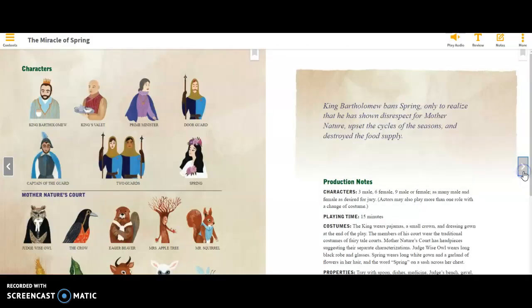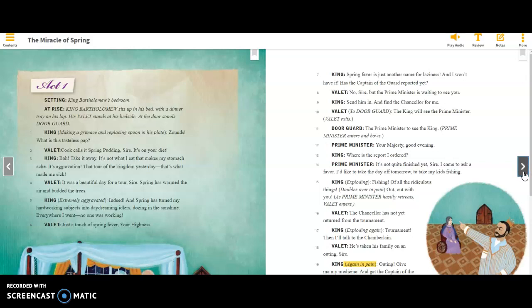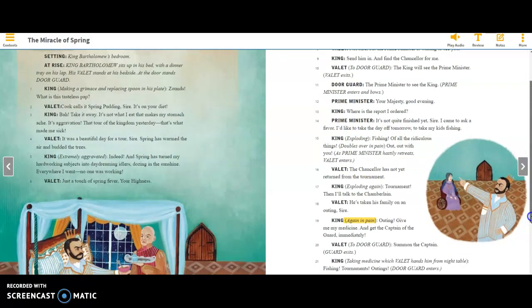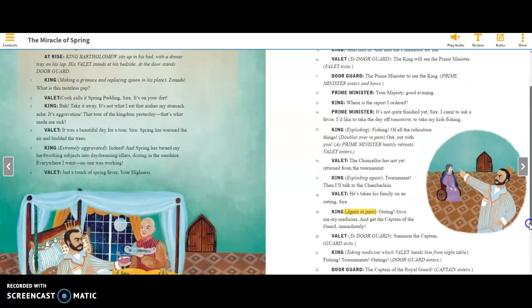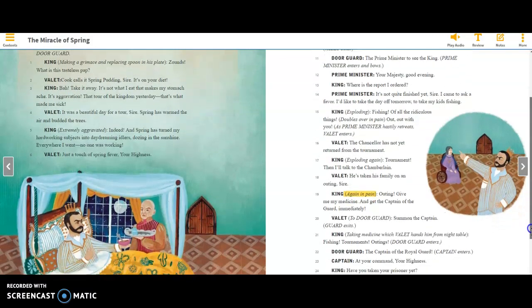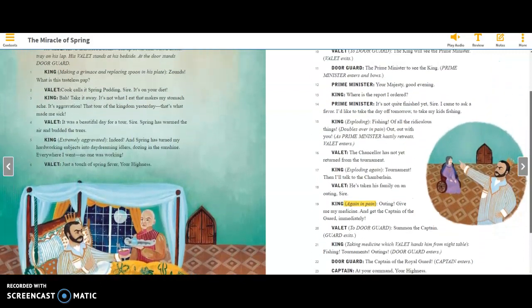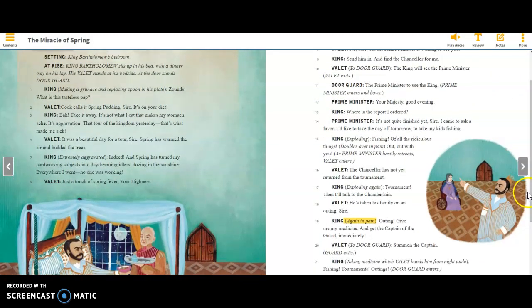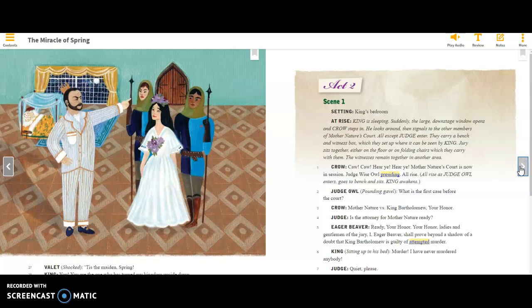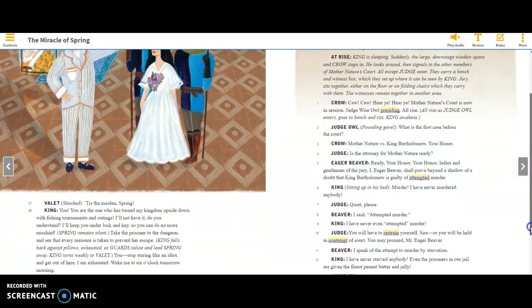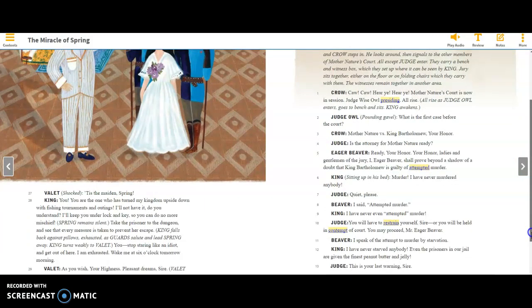So I want to look at paragraphs 4 through 22, okay, which is right here on this page, all right, and that should be on page 132 of your book, okay. I'm going to move over just a little bit where Eager Beaver comes in, okay, and so